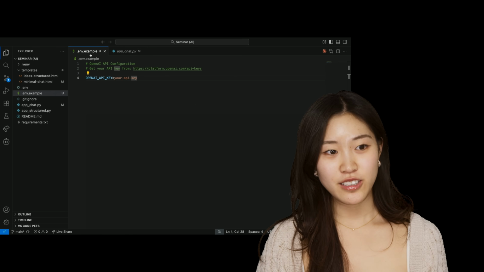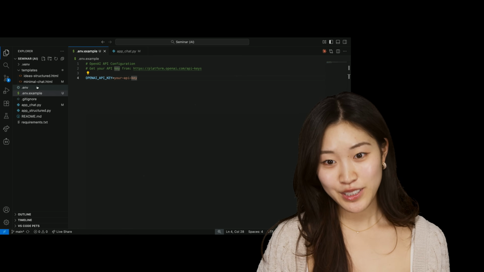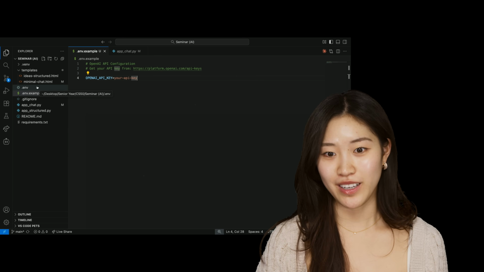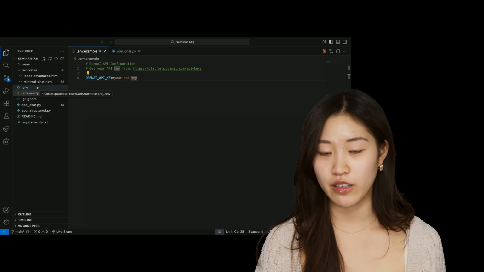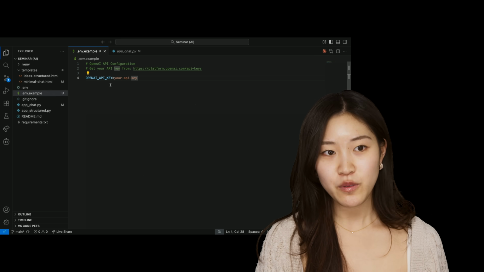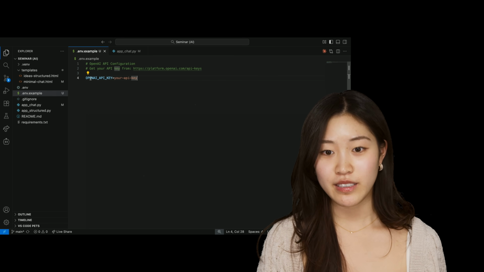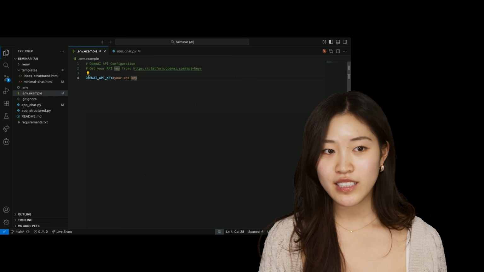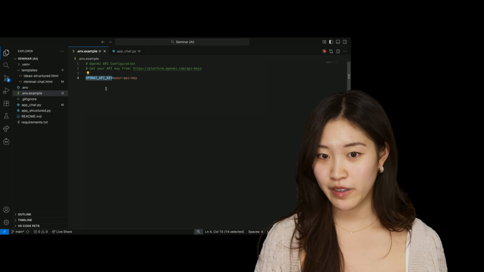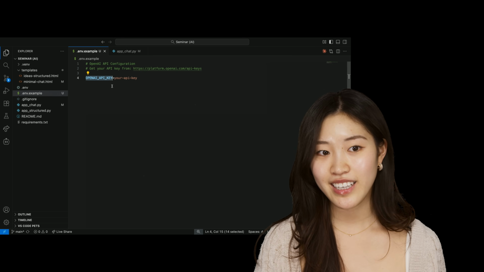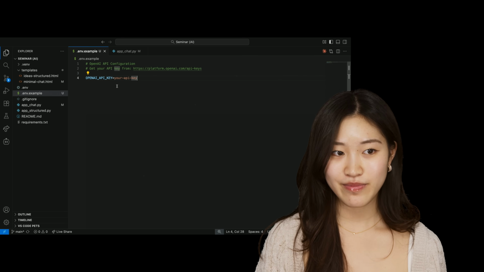So as you saw earlier, you have to make a .env file in your root directory. We're not going to show you the actual .env file that we use just because we don't want to share our API key, and this is something that you should also take note of when you're showing your code repository to other people. So here we have an example.env to show you. This is super similar to the screenshot that we shared earlier, but all you need to do is define your variable. Here we called it OPENAI_API_KEY, just to be very clear about which API key we're using. And here, all you would do is paste the API key after the equal sign.